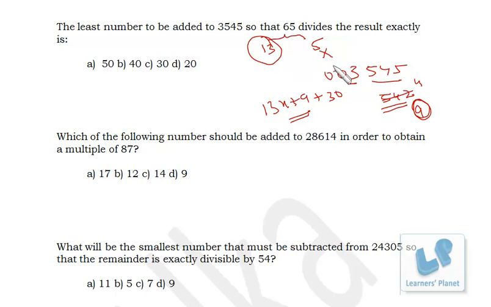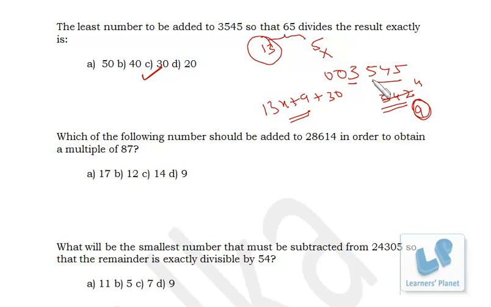Right? From 5 it is already divisible. Now it will be divisible by 13 also. So precisely it will be divisible by 65. So what you have to add? 30. And simply we have put up the divisibility rule of 13 over here. Right? So if you know the divisibility rule, then this problem is of 15 to 20 seconds, not more than that. Okay? And here I just go for a quick recap.